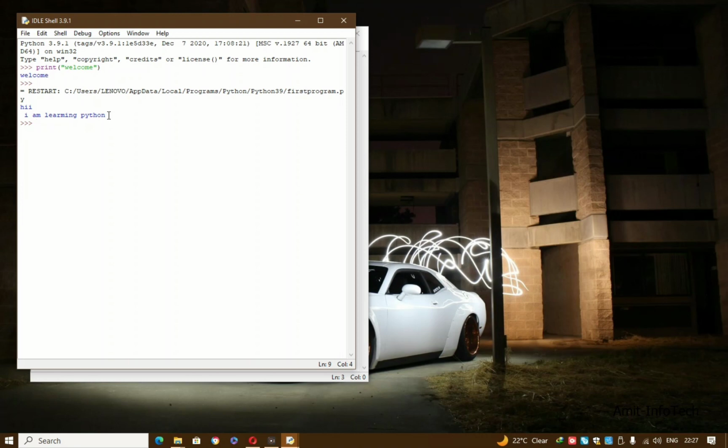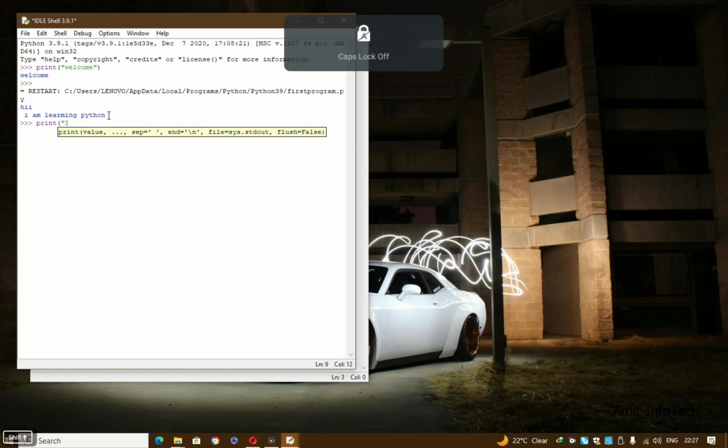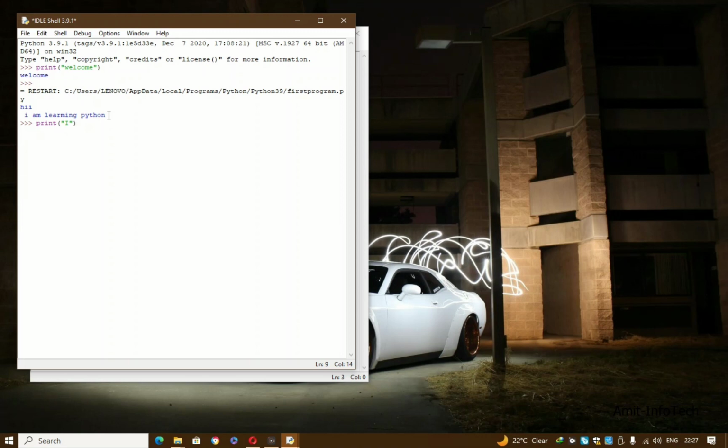So let's understand with an example. Suppose I write print, parenthesis open, double quote I, then semicolon, then I write again print, double quote love, semicolon, again I write print, double quote India, close the parenthesis. Okay, when I press enter, you see that it prints I love India.